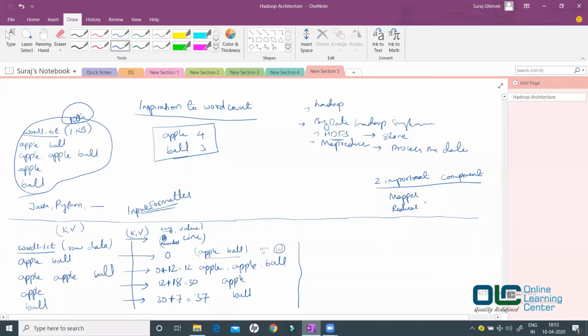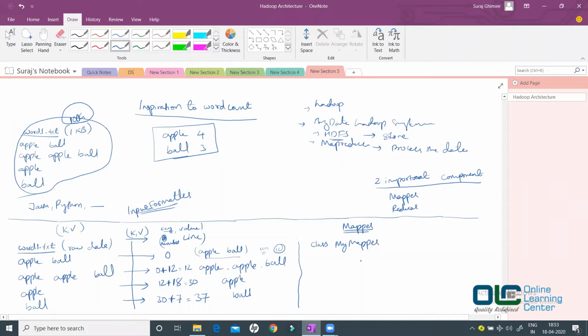We will see what exactly they do. So the data goes to your input formatter, and the data is converted into key value pairs. After that, this goes to your mapper. So in mapper, you'll write a class like this. You'll say class my mapper.